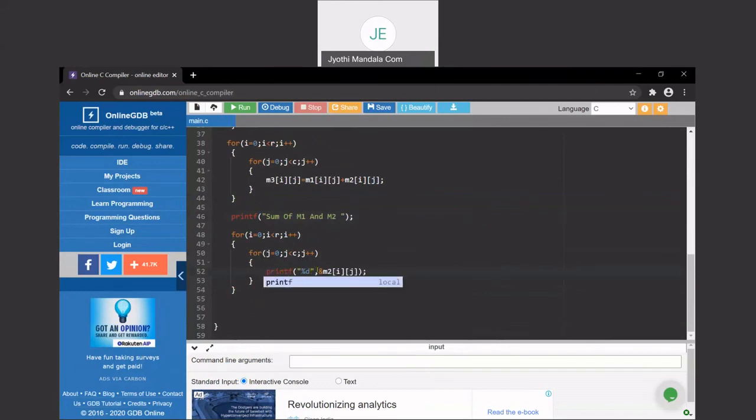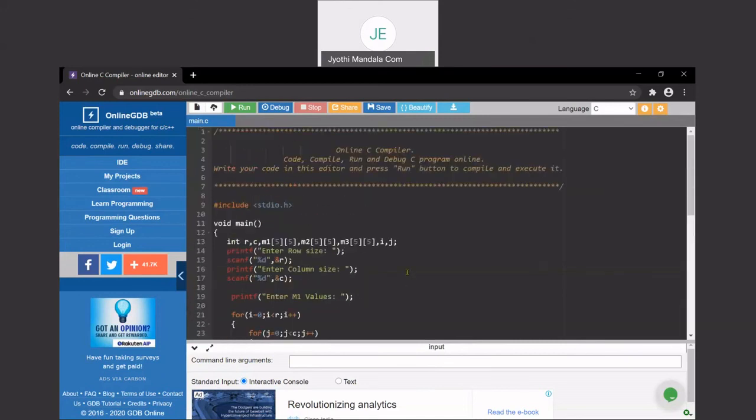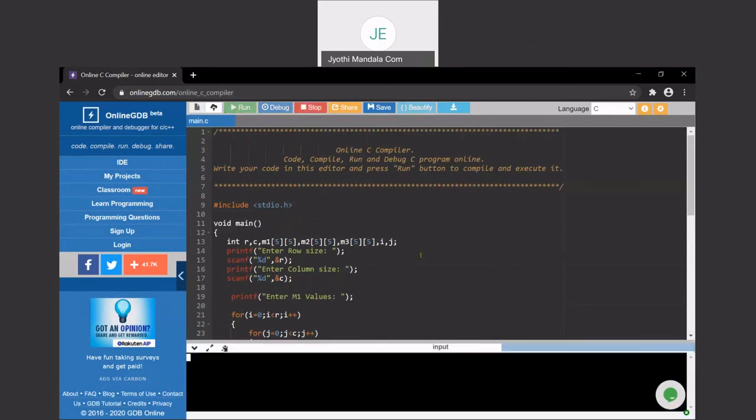Printf M, sorry, M3. Is this clear to you all? Let me do this task first. If any error is there, let me solve that.